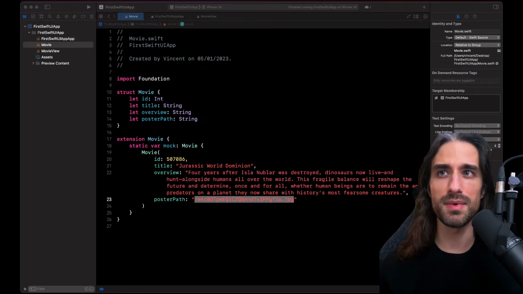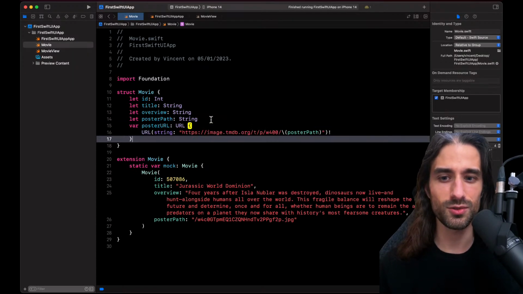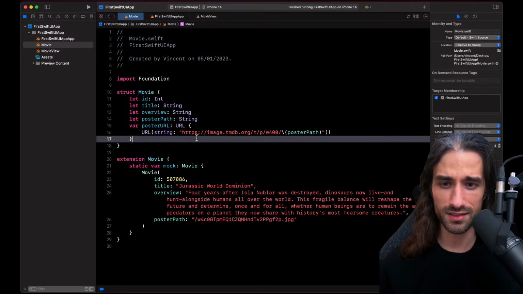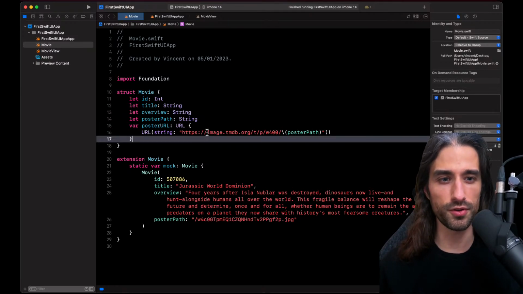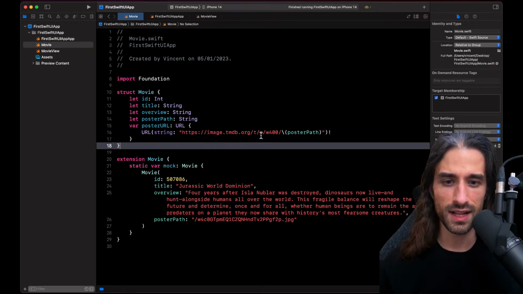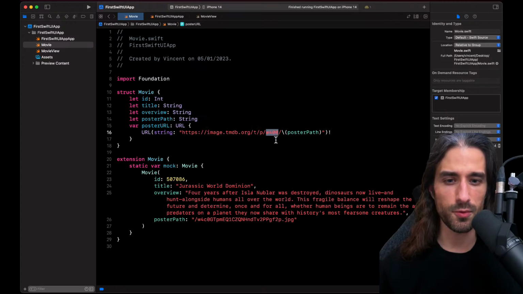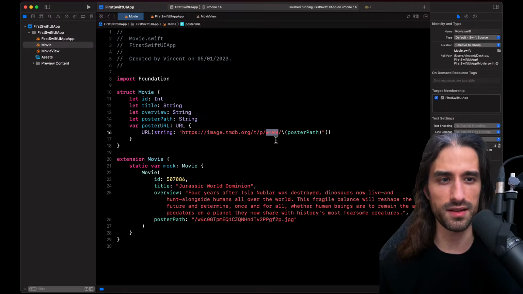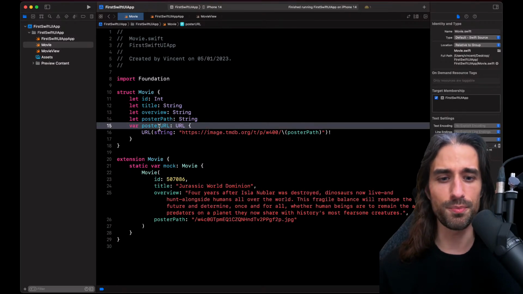So I'm going to implement it by doing a copy paste from the finished version. So it looks like this. So we have the URL. This is just what the developers of the API have chosen as their domain. And here I have this thing that says I want an image that has a width of 400. This way I avoid loading very large images just to display them as little thumbnails in a list. Now I have the poster URL I can use to display the image.